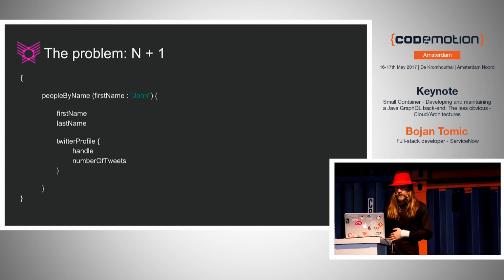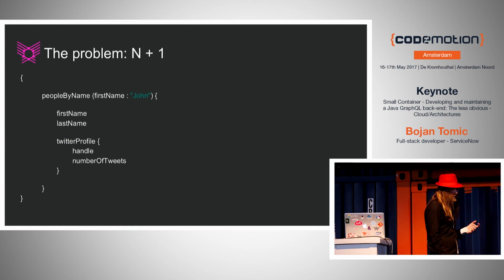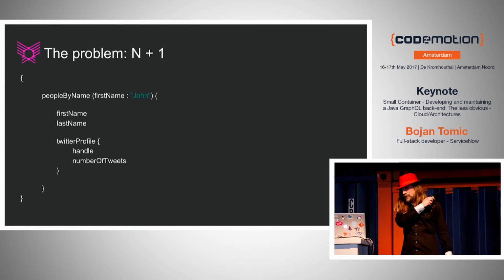Problem here being that, let's say with our example of people by name, so we ask for Johns, and we get 100 Johns back, and then we want the Twitter profile of each of those. And then, as we saw